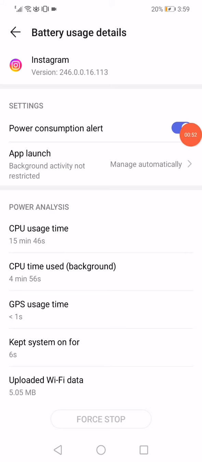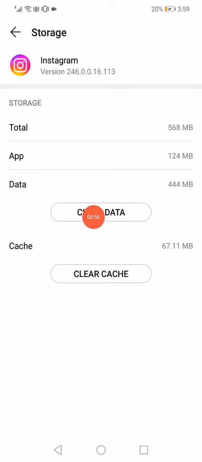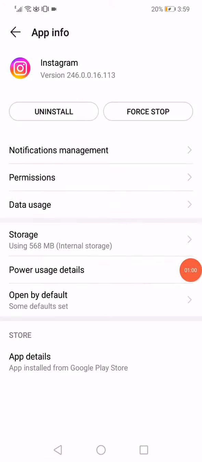consumption alert. Go back. Now the last step, click on storage, click here and click here on clear cache and go back, click on force stop,